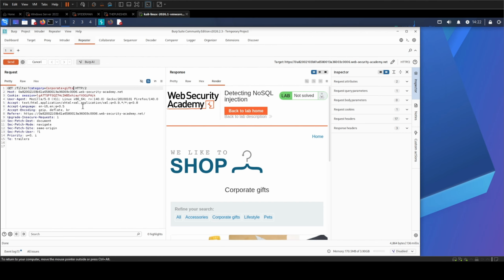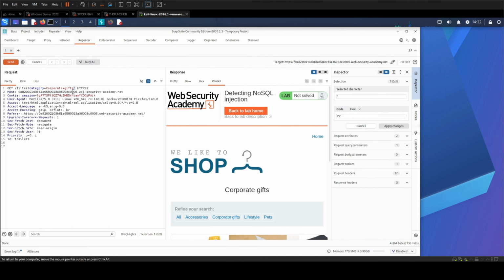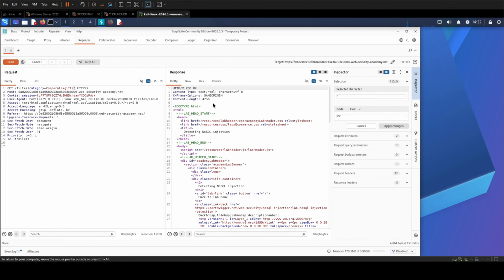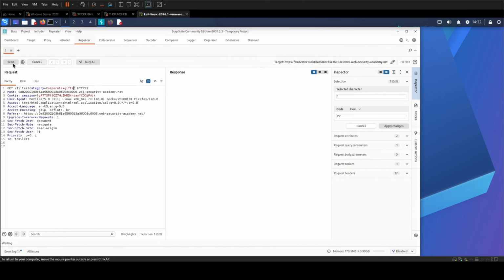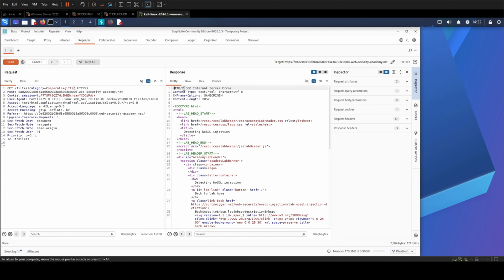So the classic first move is to throw in a single quote and see if I break something. Just one single quote. The reason is that a single quote is what marks where a string starts and stops. So if the app isn't protecting itself, my quote lands inside that query and confuses it. And whoa, an error. Now if you're brand new, an error feels like failure. It's the opposite. This is the good outcome.